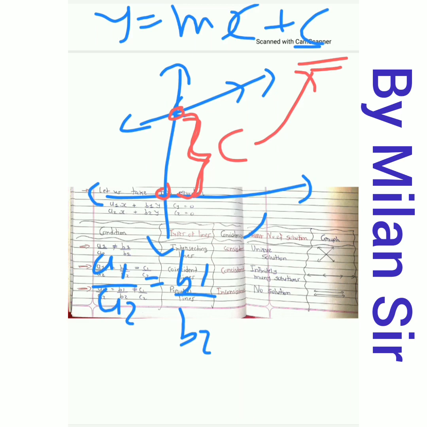Now if you have two coincident lines, meaning the same line, then for coincident lines your intercept must be the same, right? Because it intersects the y-axis at only one point. So the distance of the origin and this point is the same for both lines, because both are the same line, coincident lines. It passes through the same point. So this distance is the same for both lines. That means the intercept c is the same.